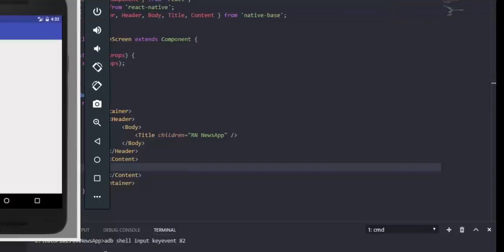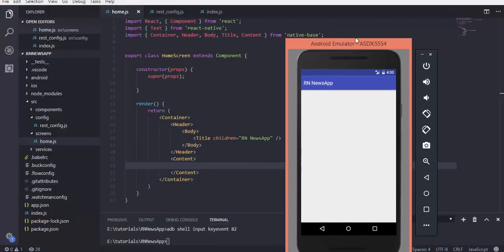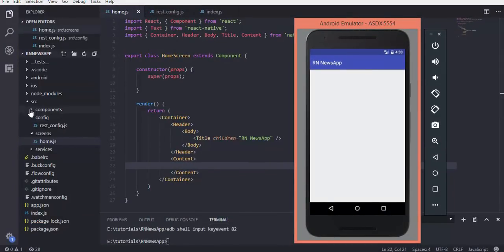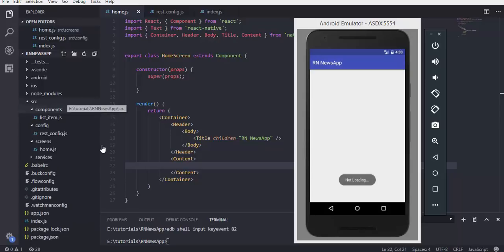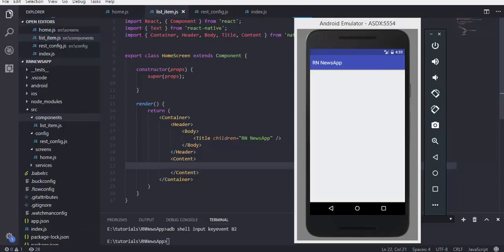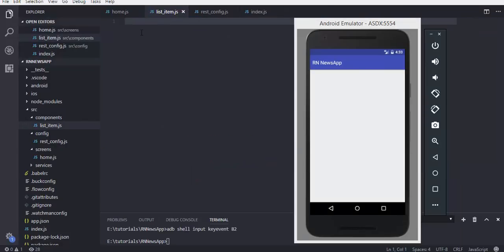So let's go in here and come to components, create a new component. Now we're going to call it list item .js. Now this file is going to be